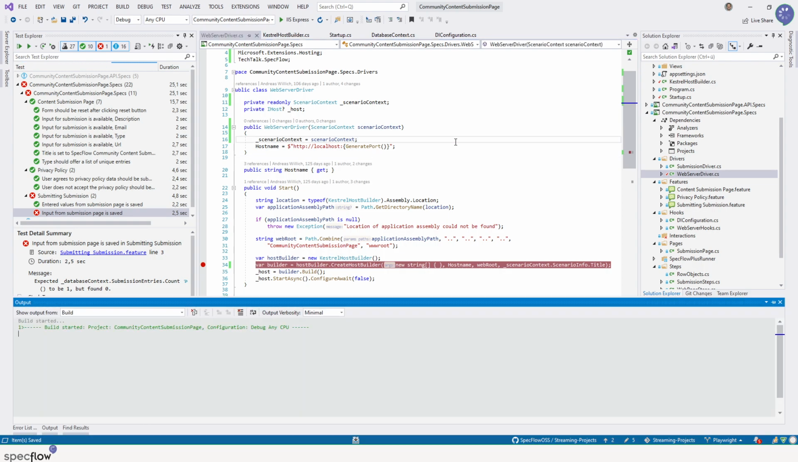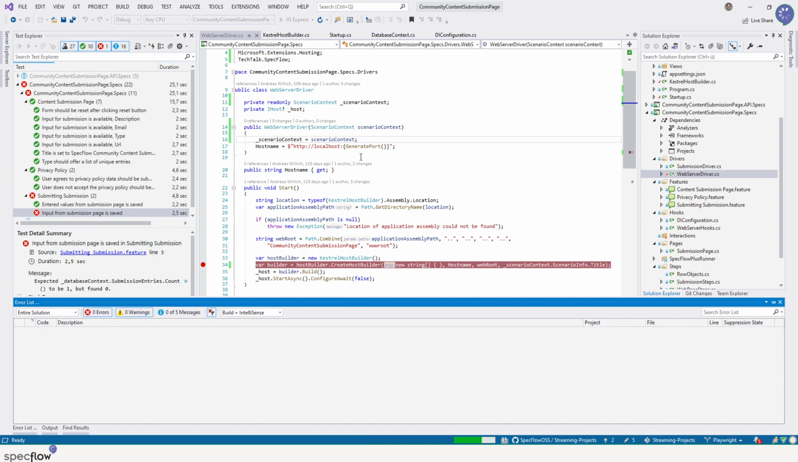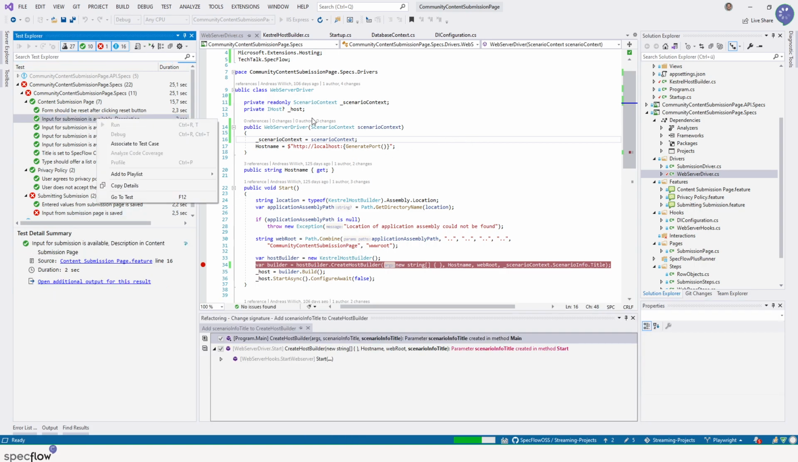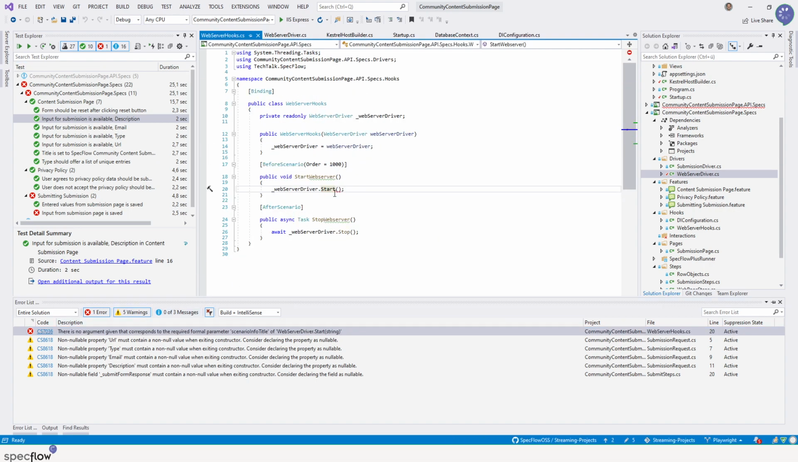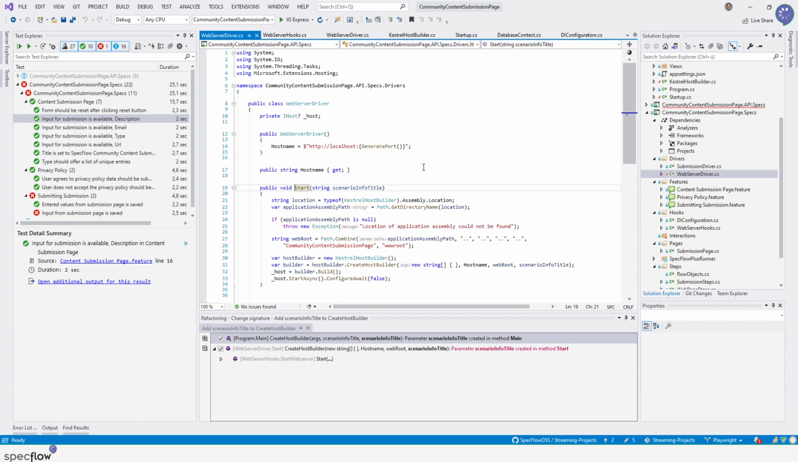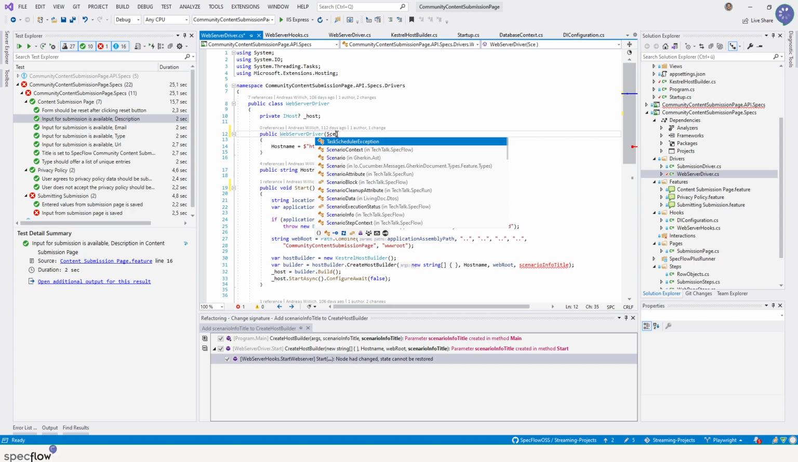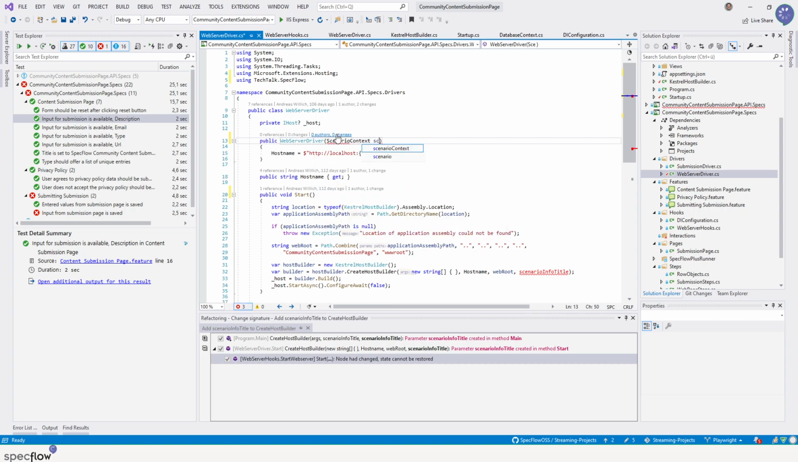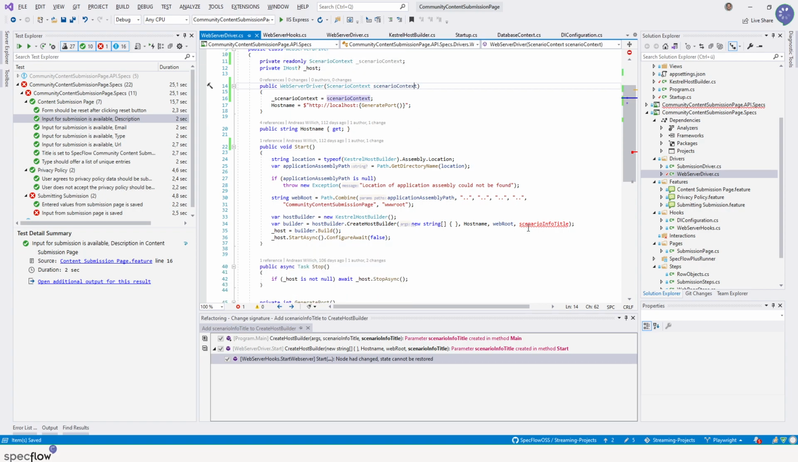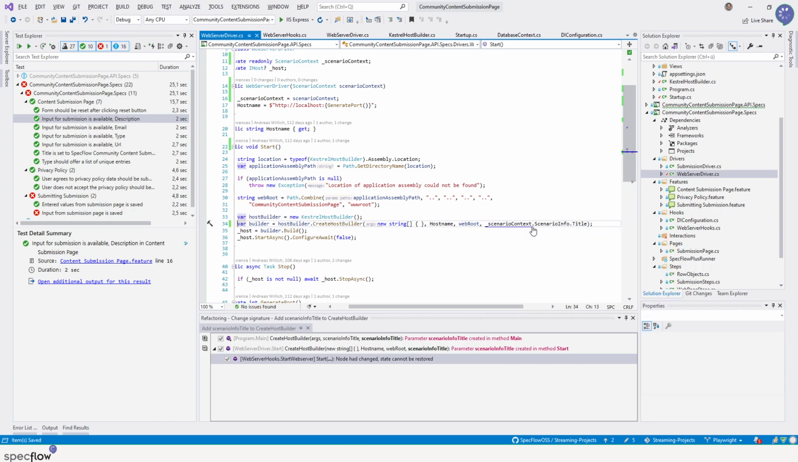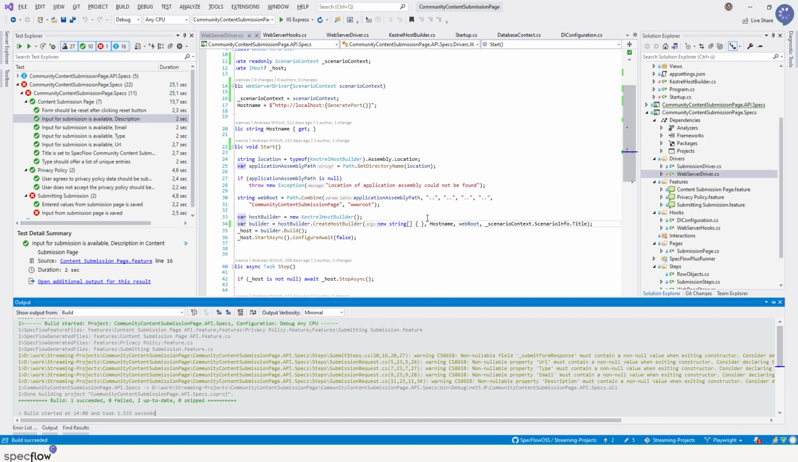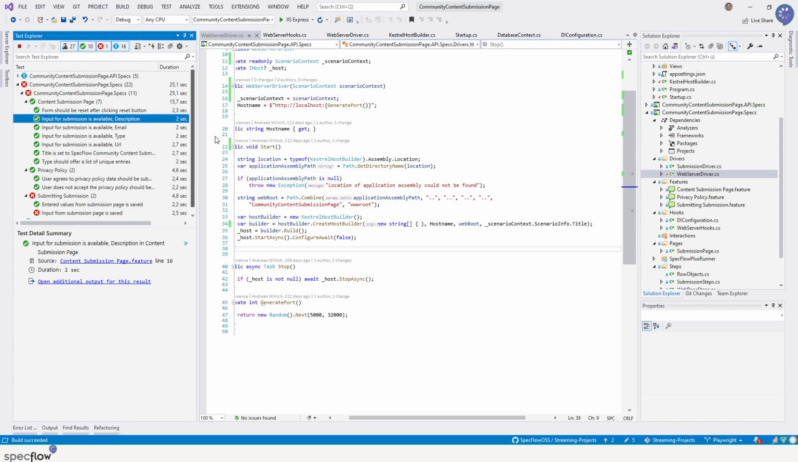Let's build this. Quite hard to get this stupid name. So there's an argument, right? Driver start. That's in the API stuff. So scenario context, scenario context, scenario info title. So